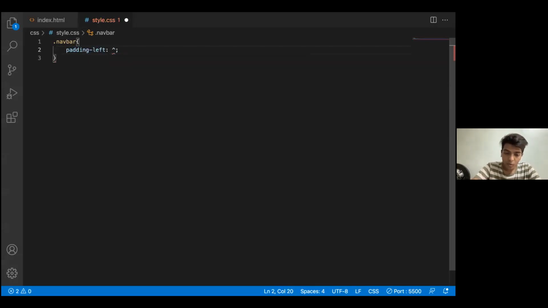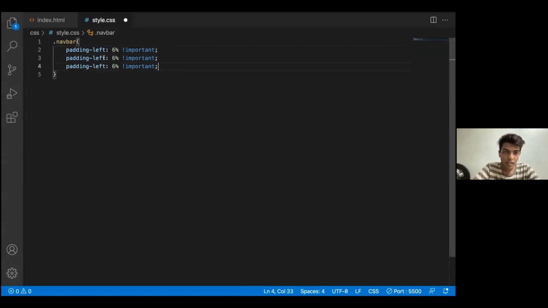which would be 6%. You can write pixels, you can write REM, you can Google what the relation between pixel and REM is. I'll be using percentage, or 6%, and I want this to be important. I want to do same things for top and right as well.